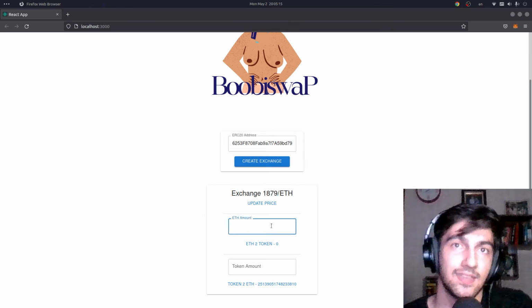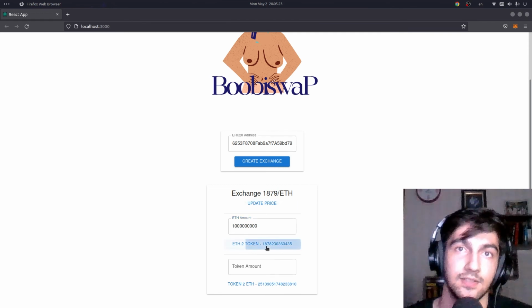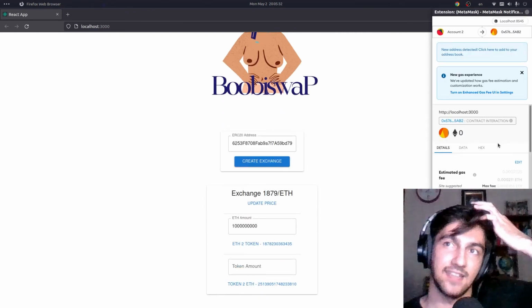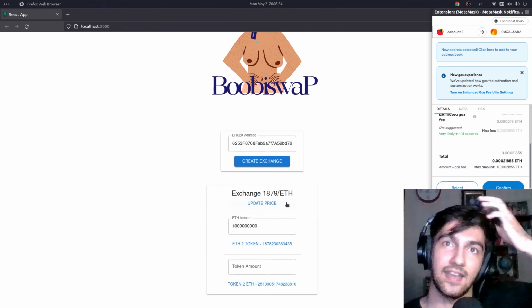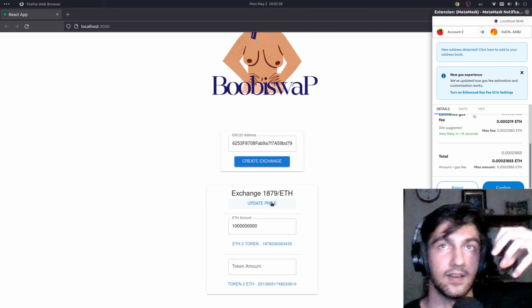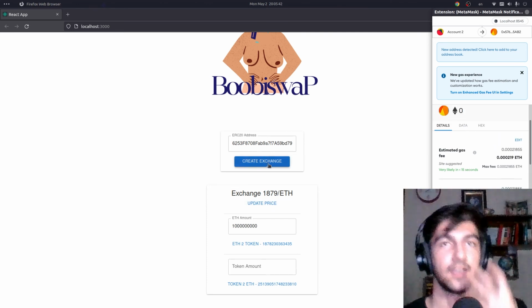Let's try giving it ETH. So right now, if I give it 1 gigabyte, it's gonna give us a lot more of the token. So yeah, you can exchange tokens with ETH, and it actually grabs some fee and stores some fee for the holders, for people who started the exchange in the contract.